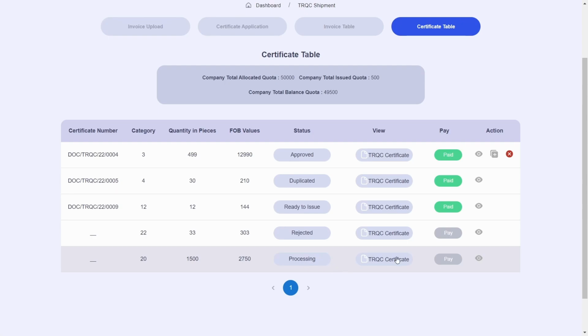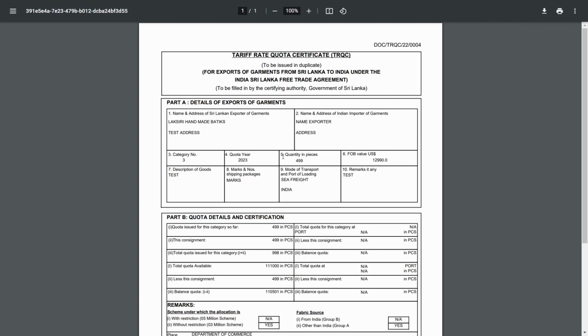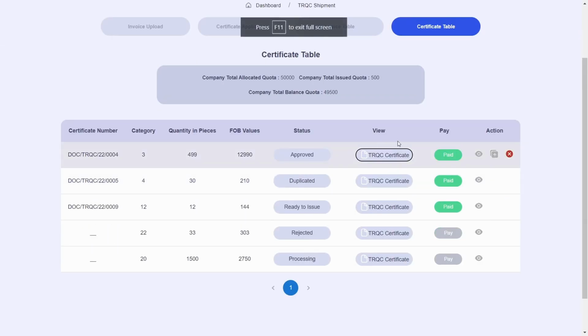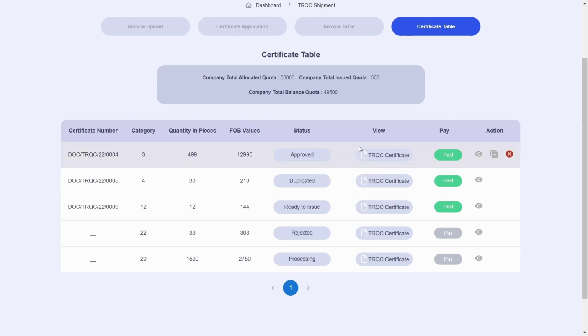After which we have the View column, which will open your certificate in a new tab to be displayed. And then there is the Pay column, which will be activated based on the status of your certificate. And finally, the Action column. Within the Action column, by clicking on the eye icon, you will be able to view additional details about your